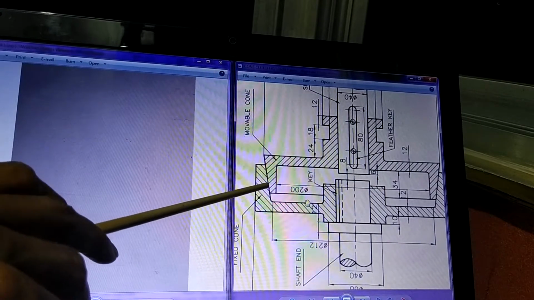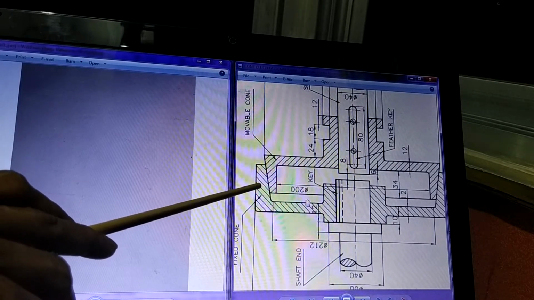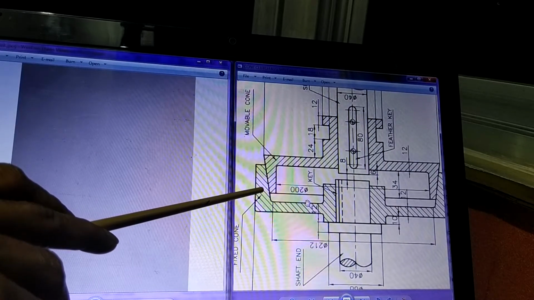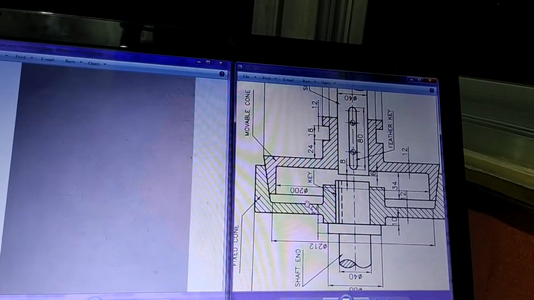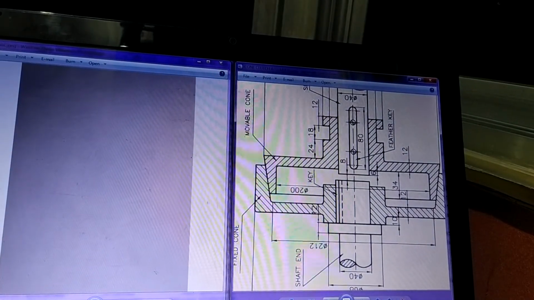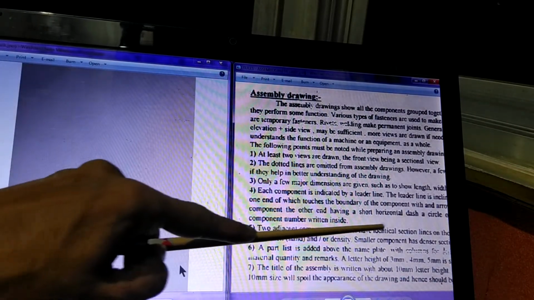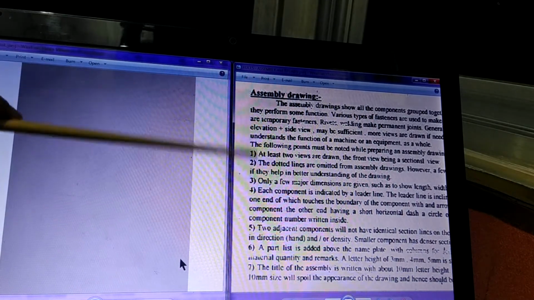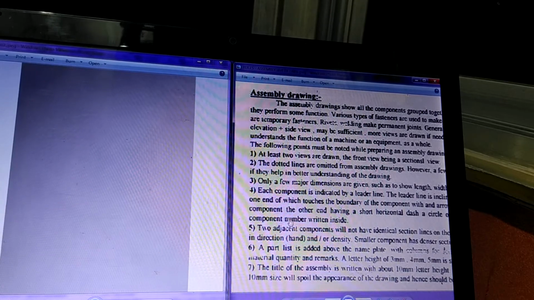Sometimes you can also change the density of the lines. That means here the distance between the lines is more, and here the distance between the lines could be less than what is kept here, so that you can maintain the difference between the 2 types of section lines. That is the rule that was explained here: for 2 adjacent parts, how do you draw? Rule number 5. When I give this to you later, I want all of you to read these instructions, try to understand them very well, and implement them when you are preparing the various drawings.